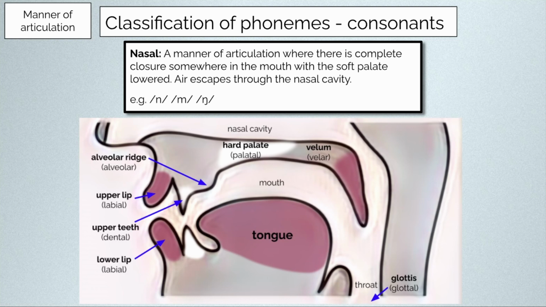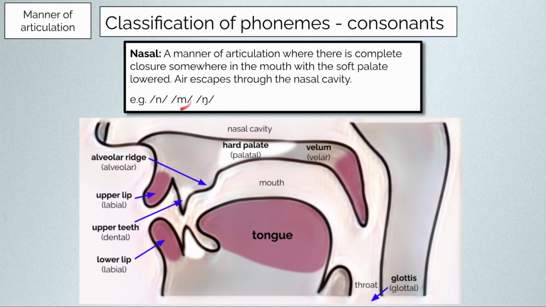Nasals are what they say on the tin, and it's a manner of articulation where there is a complete closure somewhere in the mouth with the soft palate lowered and air escapes through the nasal cavity. So remember, the soft palate is the velum here, so this gets lowered. There is some closure in here, which means air cannot escape through the mouth, and therefore it has to be rediverted through the nose or the nasal cavity here. The three in English are